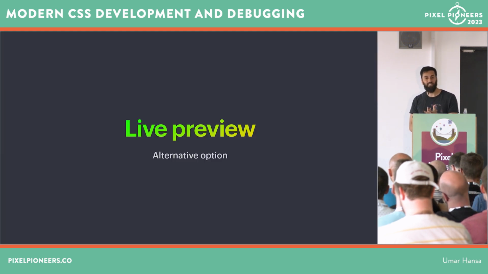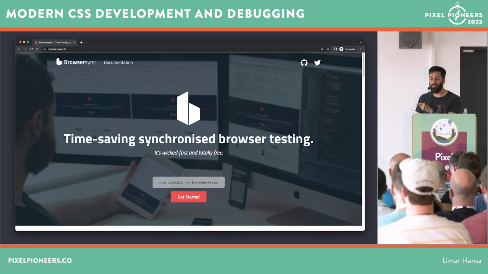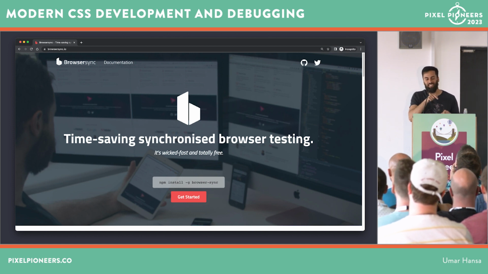An alternative option, in case it's not clear, I'm trying to present alternative options in case you don't use VS Code and so on. Browser Sync is pretty good. This tool will actually live inject the CSS and JavaScript, I believe, which is cool. So you get that instant update without a page reload having to happen. But this time you would have to hit Command S to actually save the file. Anyway,